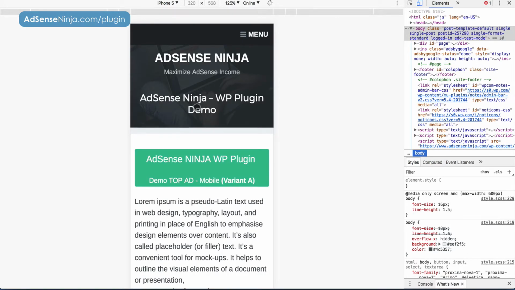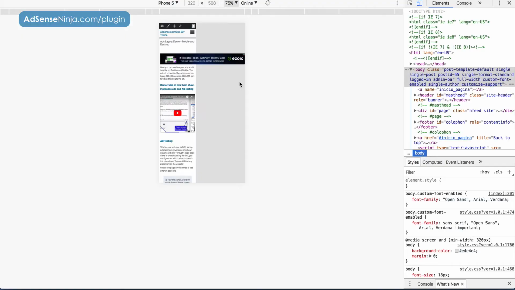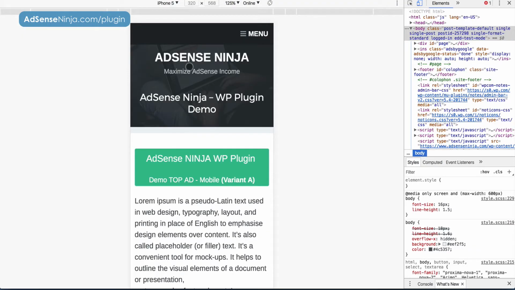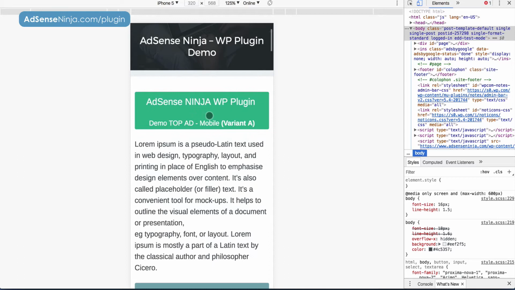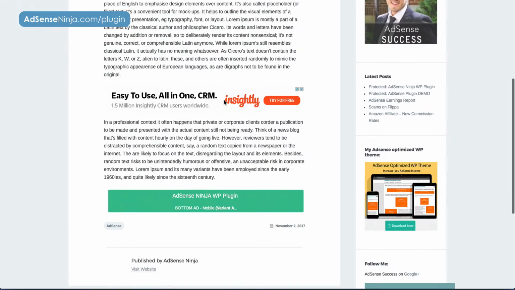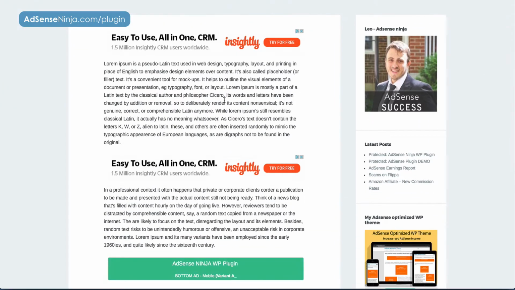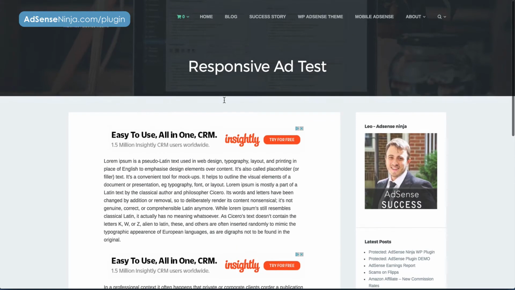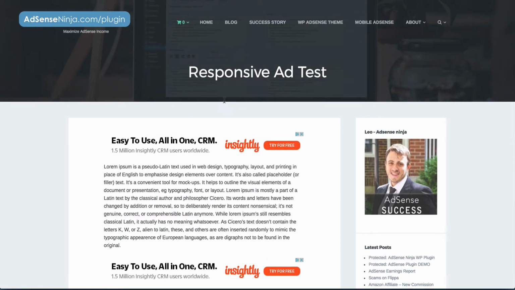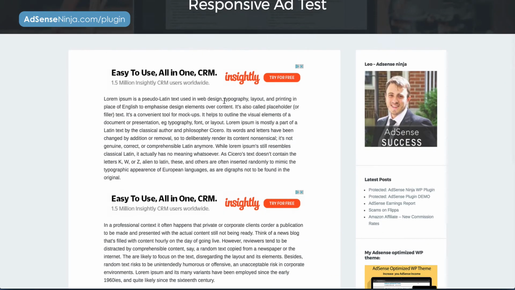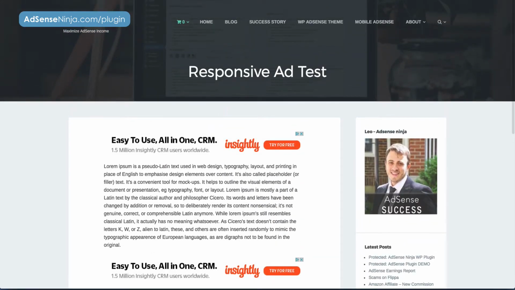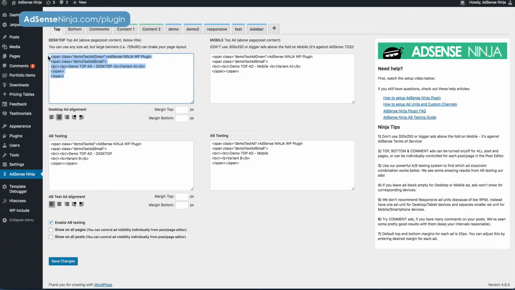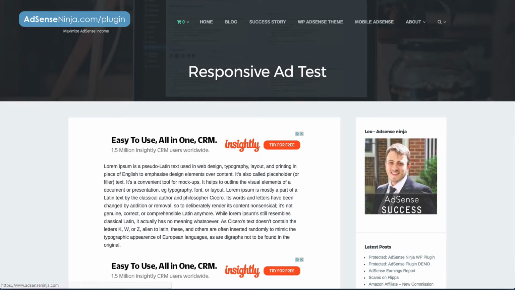So basically, the solution to this problem for most people is to use a responsive ad unit, because if you have a responsive website design, how do you tell your WordPress website to show different ads for different devices? There really isn't an option out there that works very well, except for mine, of course, because you can place your desktop ad here, your mobile ad here,